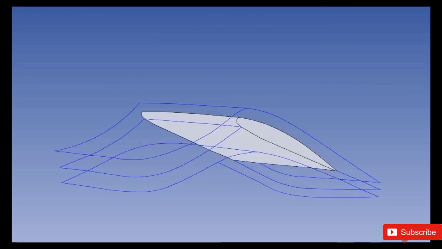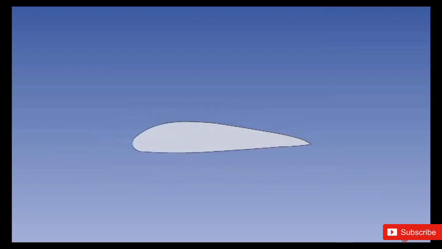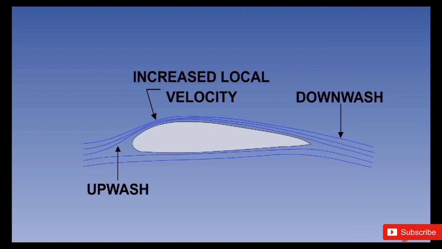We will now consider a two-dimensional airflow, assuming a wing with the same aerofoil section along its entire span with no span-wise pressure differential or flow. This concept is used to illustrate the basic principles of the generation of aerodynamic force. As the air flows towards the aerofoil, it will be turned upwards towards the low pressure over the upper surface. This is termed upwash. After passing over the aerofoil, the flow returns to its original level and state. This is the downwash.